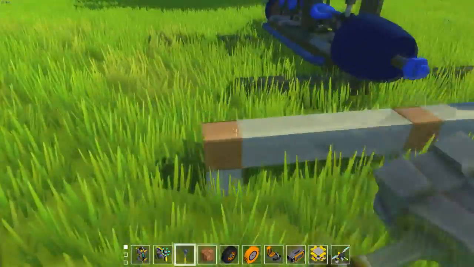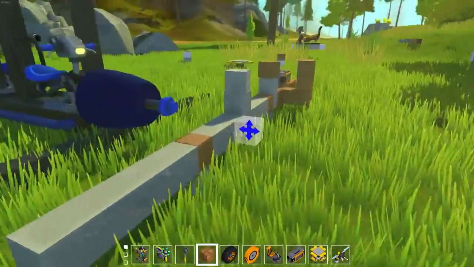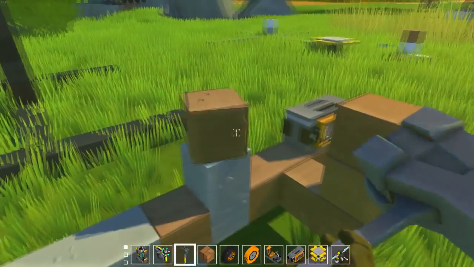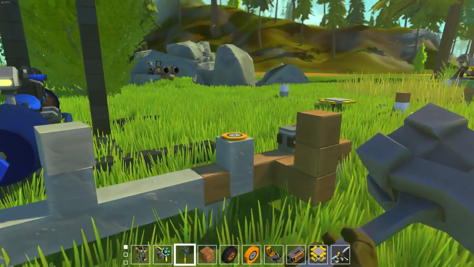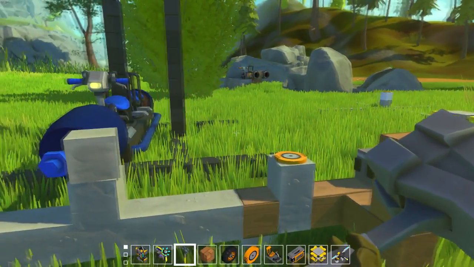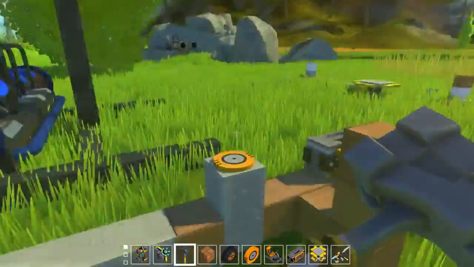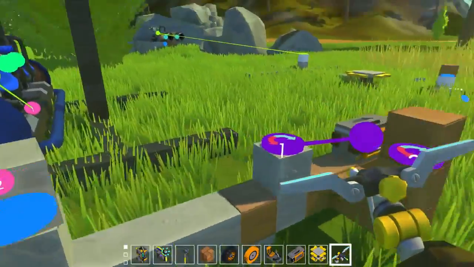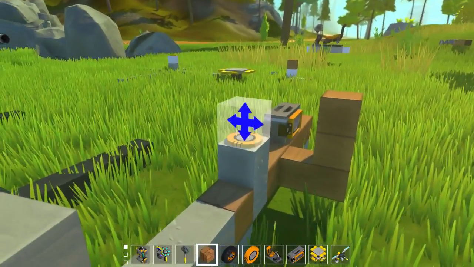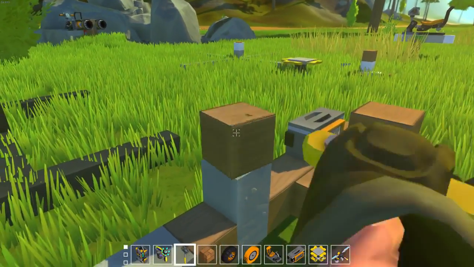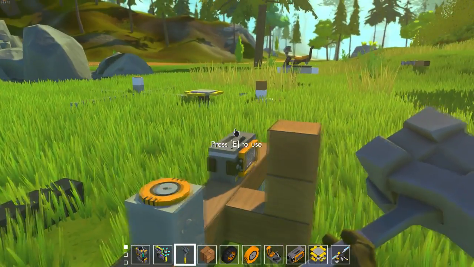Let's say this one over here, so let's just take it like that, and this one should move, and it is still rotating. It doesn't stop rotating, even though it's not on the bearing anymore. It'll still keep rotating like that,